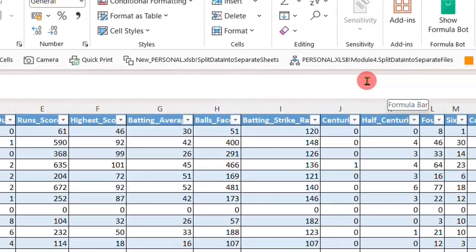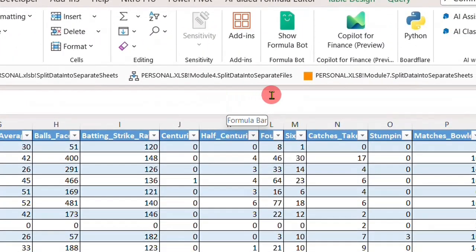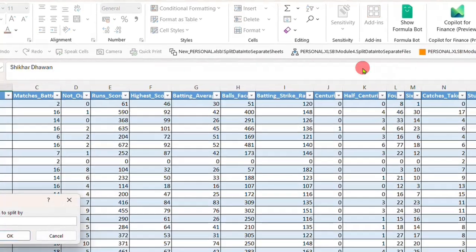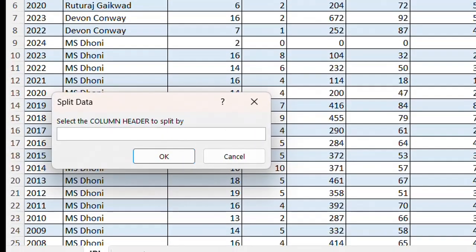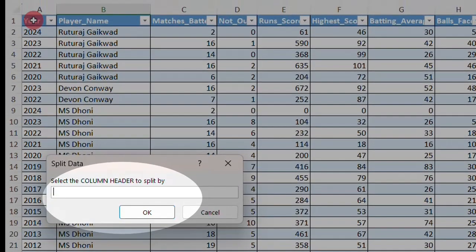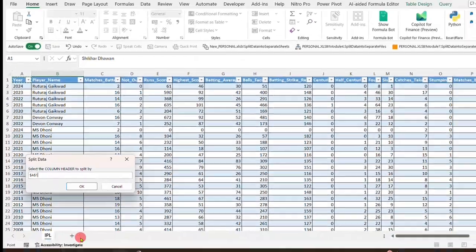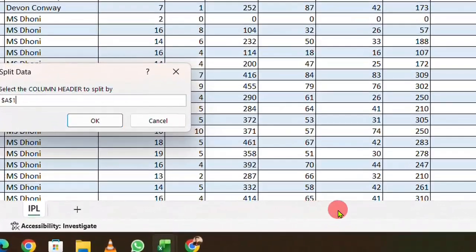So let me show you. I'll just click the button, which I have tailor-made by code, and this will prompt the sheet to be divided by something, and we have to select a header. I want year, so I'm selecting year as the header, and this is called $A$1. The moment I click OK,